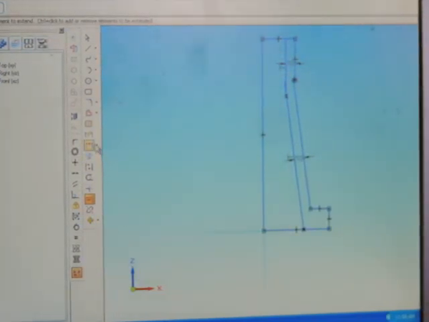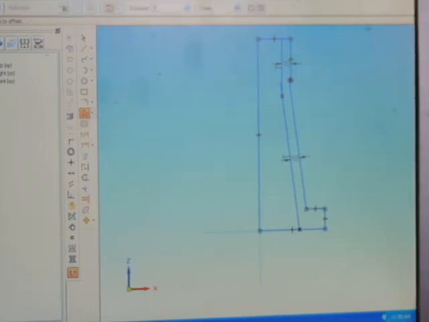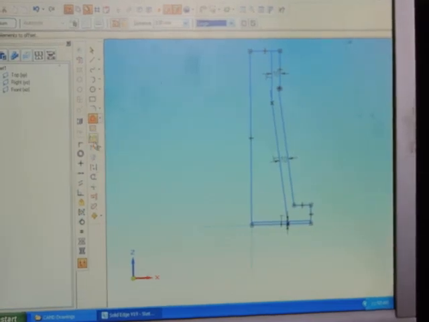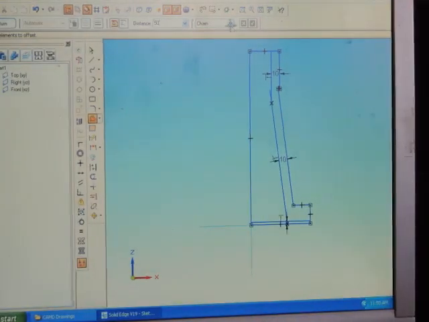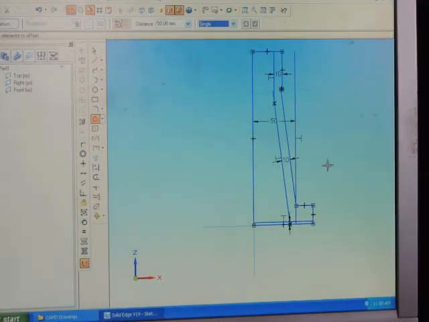So now again go to offset command, the distance is 3 mm, make it as single, the bottom line is 3 mm offset. Once again go to offset, so distance is 50 mm, so this is single, this vertical line.